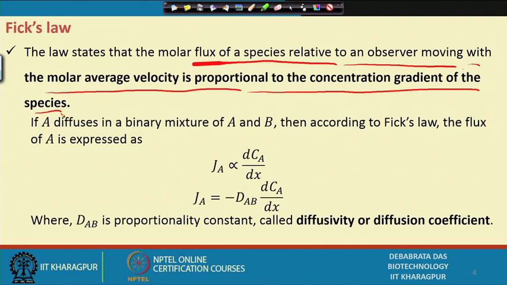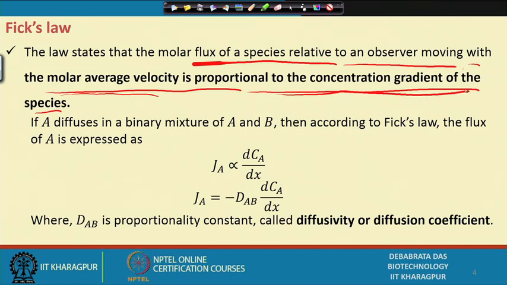So what is happening? That molar average velocity, what is the velocity? Velocity is the length per unit time. Am I right? So the molar average velocity depends on, or is proportional to, the concentration gradient of